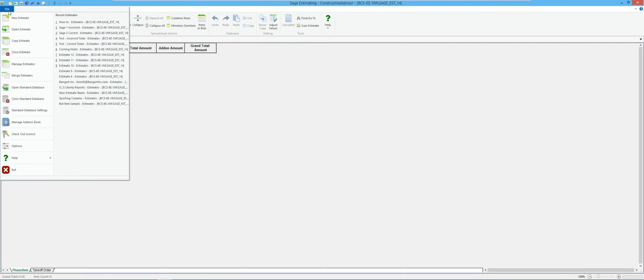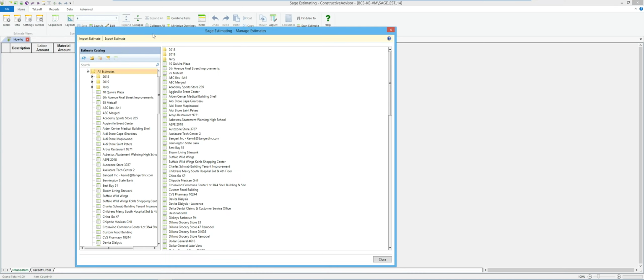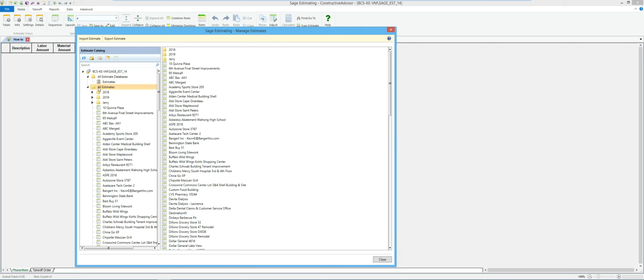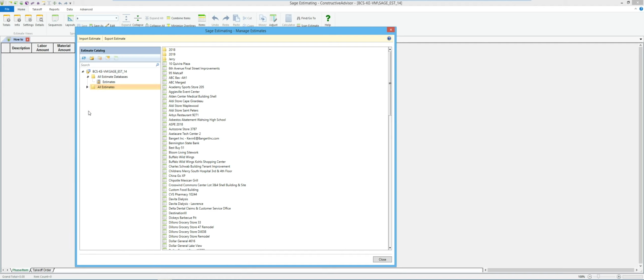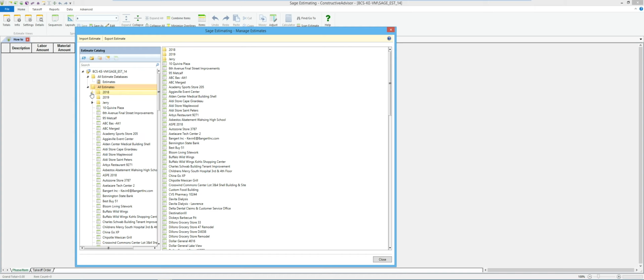Another method to keep in mind is under Manage Estimates. Now, if I do not have Manage Estimates on the toolbar, there's usually a security setting that can be changed to allow whether or not a user is allowed to see this. In my mind, it makes sense for everyone to have access to this, because you can still do your search, but the other benefit is you can go to the topmost folder, right-click and tell it to collapse, and it will collapse all the branches. Then I can come back and just drill through the branches I want.